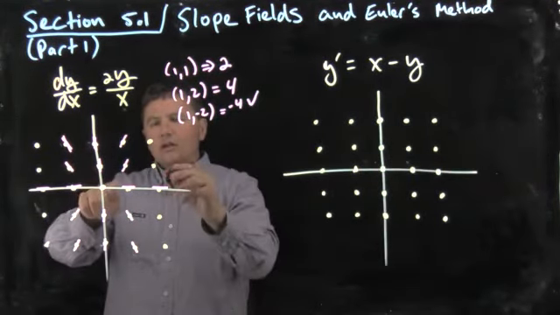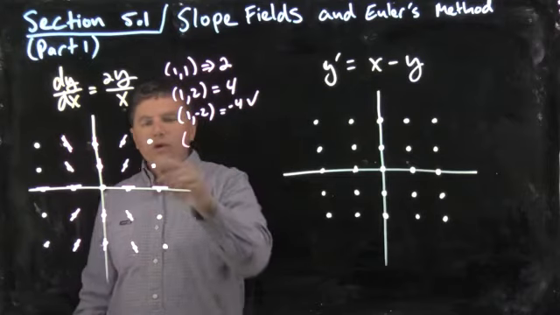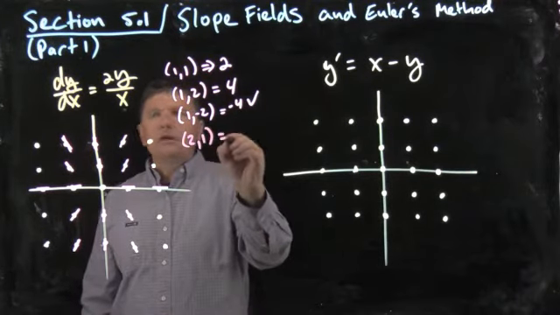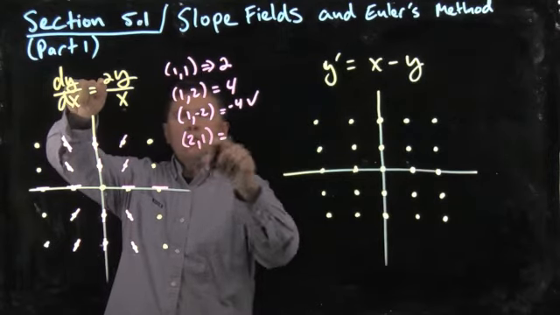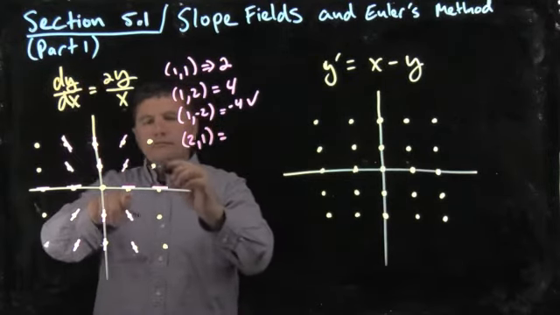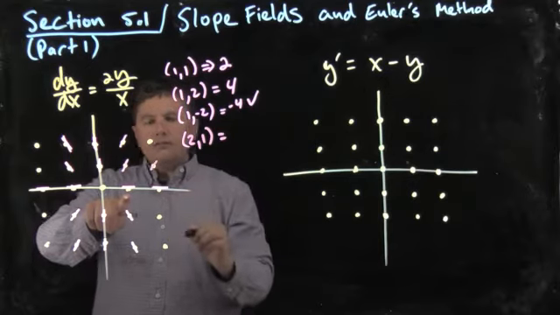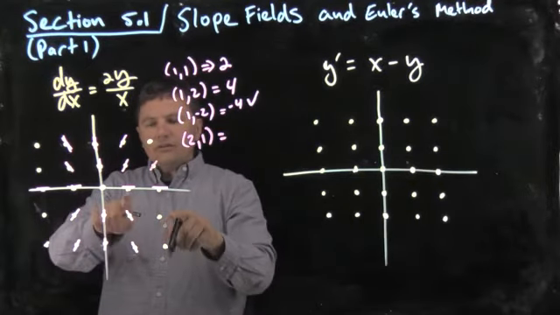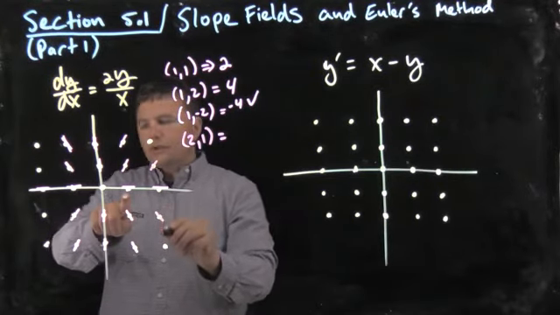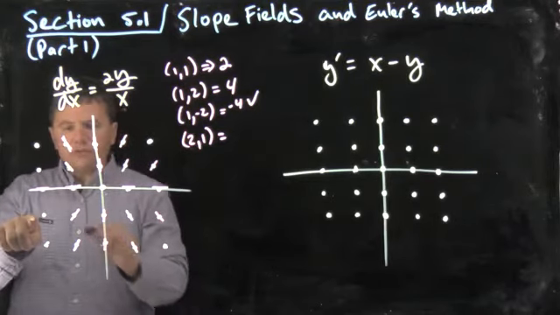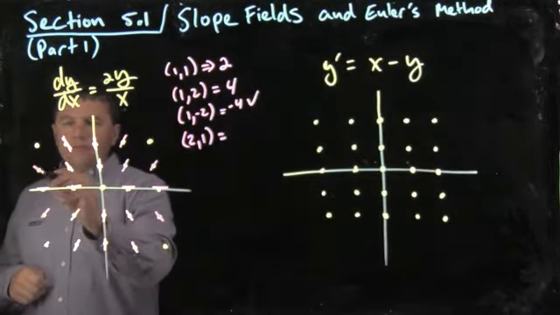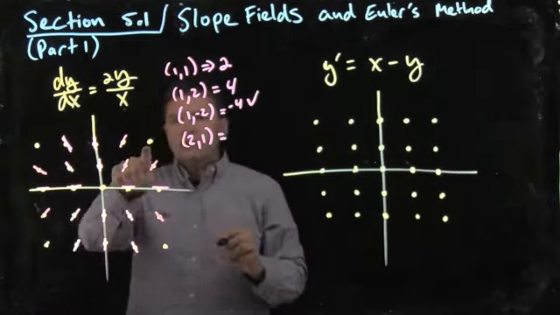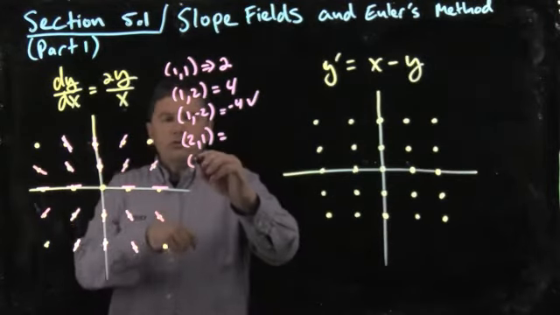All right, so let's take a look at this one. So this point is 2, 1. So plug this point in. That gives us a slope of 2 over 2, so that's 1. Positive 1. Same thing here, except this will be negative. Same thing here. This will be positive because both are negative. And this one will be negative again. And we really just have one last one to do. If I do the 2, 2,